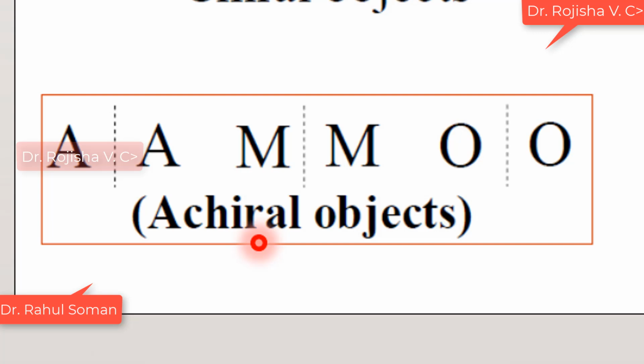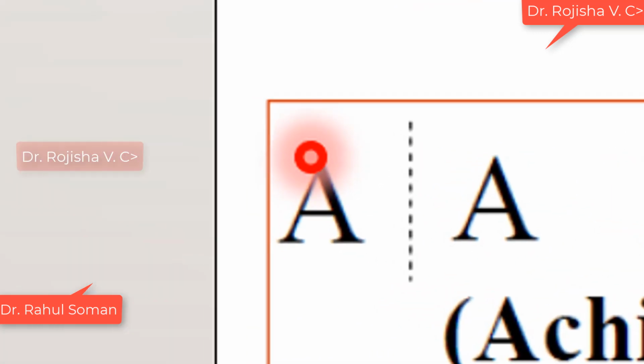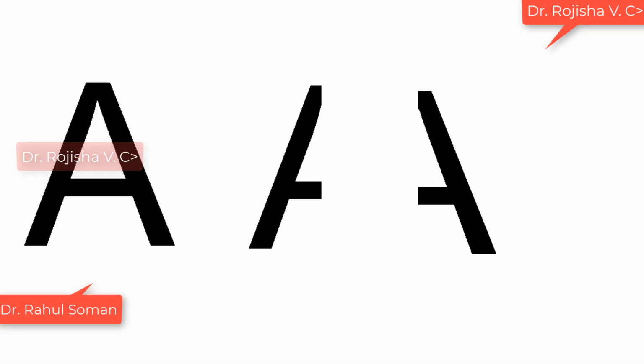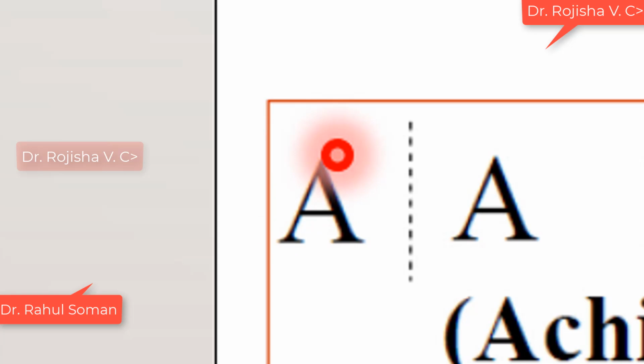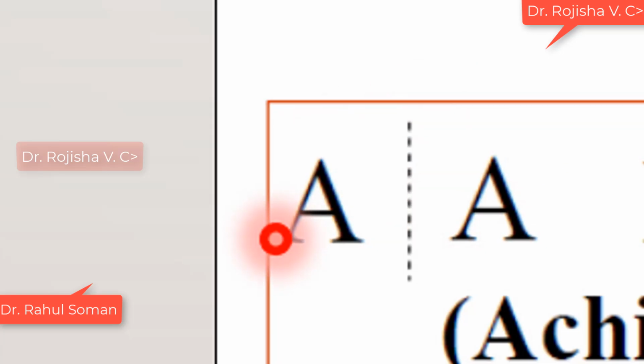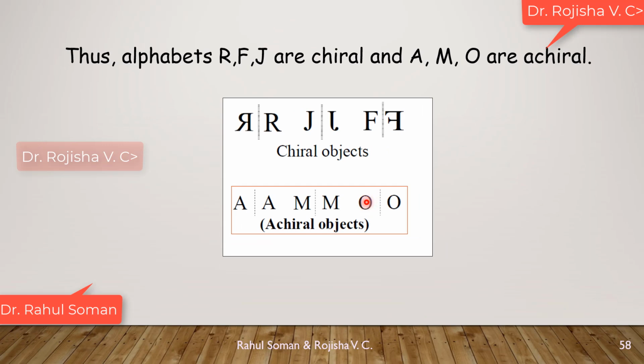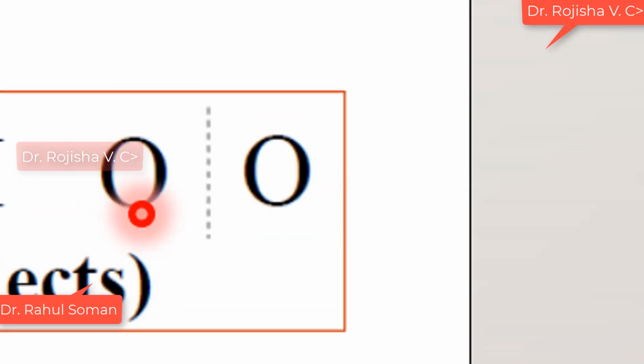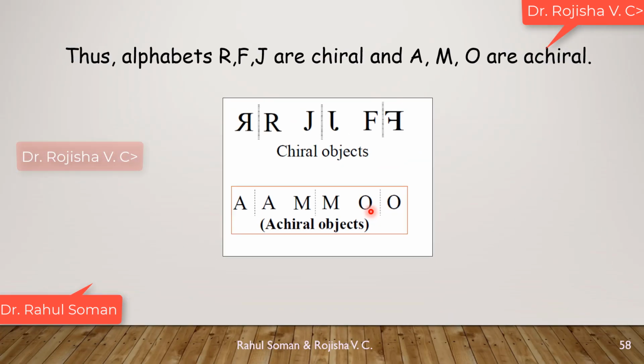Okay, madam. Now it is very clear to me. Whenever a material has symmetry, symmetry means here we are able to cut it into two equal halves through the center. That kind of object we can call achiral, because its mirror image will also become superimposable to it. And in the case of O, we can do two cuttings, so four halves will be equal only. So like that also we can say, isn't it, madam?